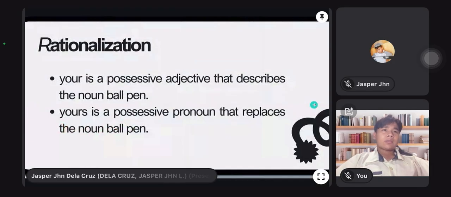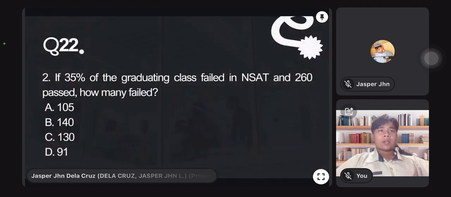Next question, number 22. If 35% of the graduating class failed in NSAT and 260 passed, how many failed? Letter A, 105. Letter B, 140. Letter C, 130. And letter D, 91. What do you think is the correct answer? The correct answer is letter B,